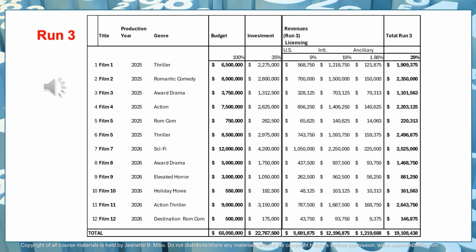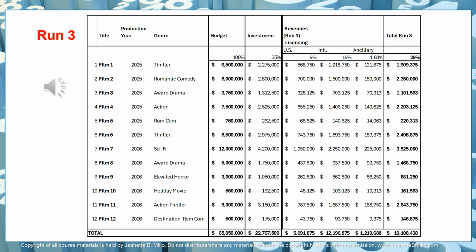So here we are in our third run. That would be about, I would say, 6 to 10 years after the first two runs have completed. That's when you would look at starting the third run. And that could also be a 2-year run, a 3-year run, up to 5 years approximately.